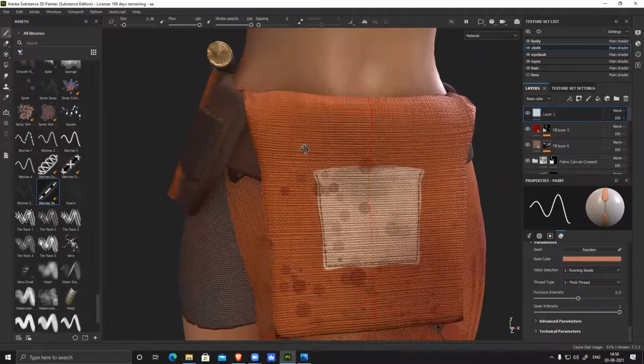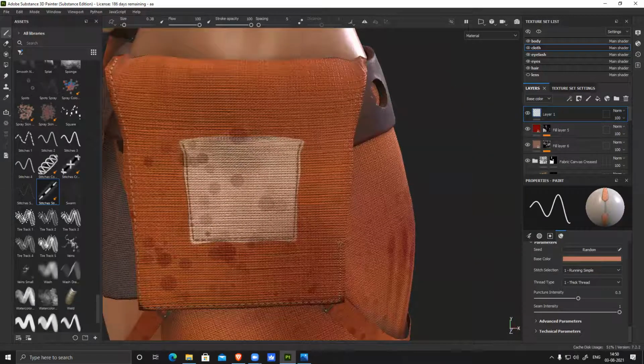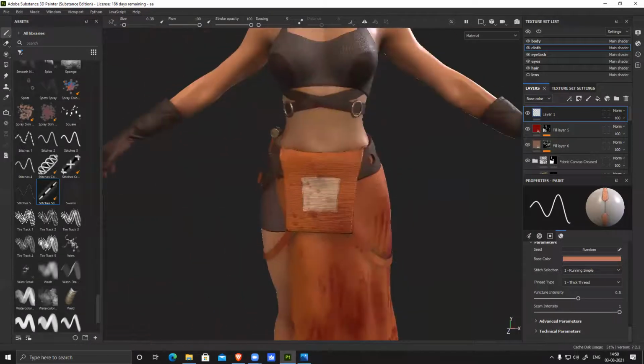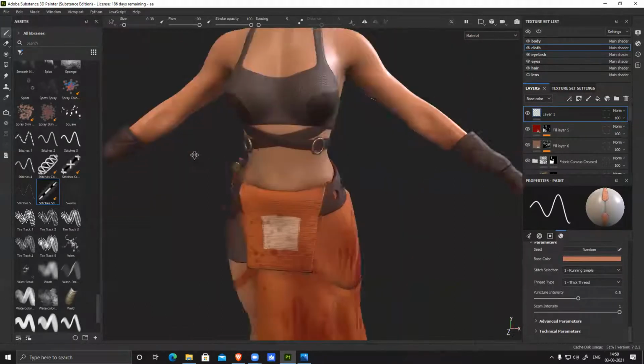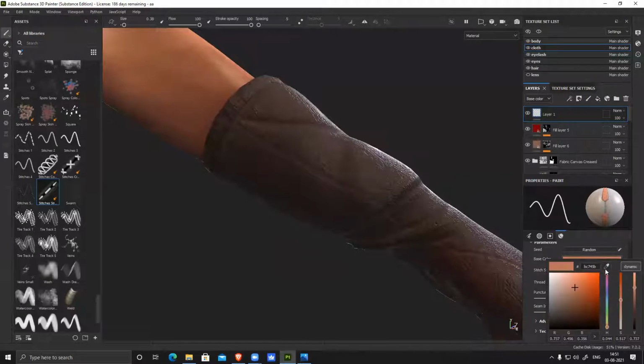And I can switch off symmetry. Similarly, suppose for this area I want to generate stitches, so I need to pick this color and make it slightly darker, or maybe a slightly brown saturated color.